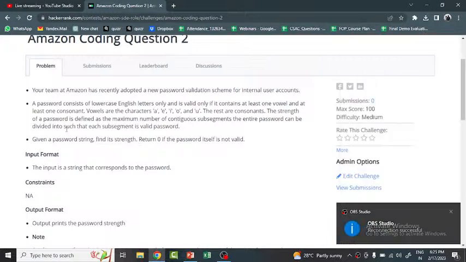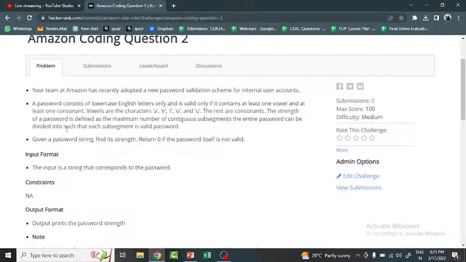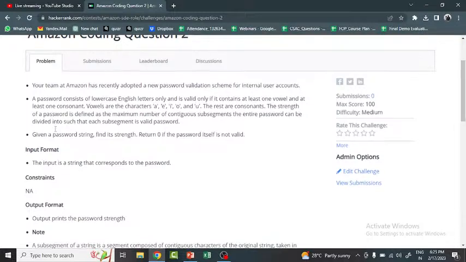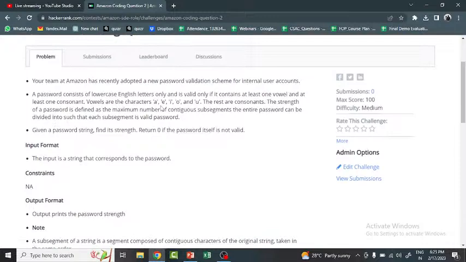So here is your next coding question. Your team at Amazon has recently adopted a new password validation scheme for internal user accounts. Now, the password consists of lowercase English letters only and is valid only if it contains at least one vowel. Vowels are the characters